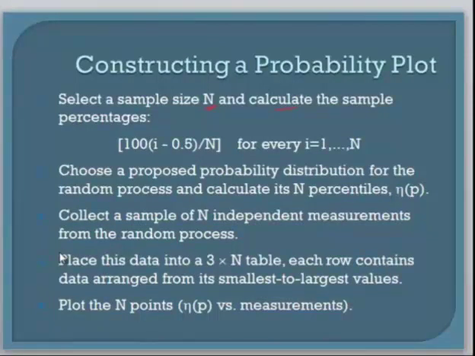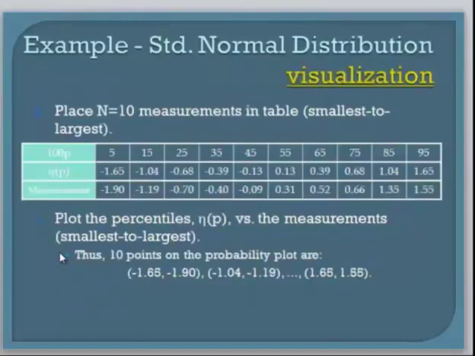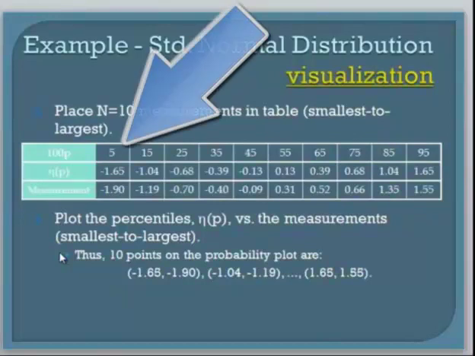So anyway, that was choosing the proposed probability distribution, and then writing down the z-value if it is the normal curve. Then collect a sample of n independent measurements from the random process and place this data into the table where each row contains the data arranged from the smallest to largest values. Okay, so let's pop back ahead. Here's the fifth percentage point, and that's got a z-value that corresponds to minus 1.65. The actual measurement for that first point was minus 1.90,